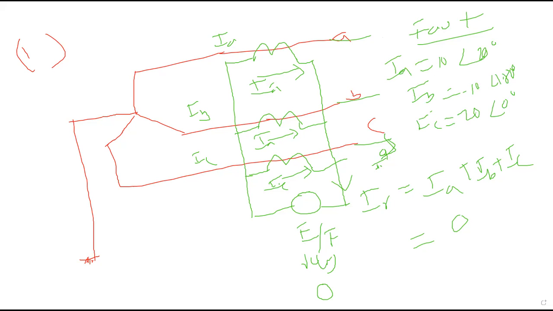That means the balanced condition is lost between all the phase currents, isn't it? So if you add these three currents now, you will observe that the current doesn't become 0. Yes, sir. So now the relay will have some current which is larger than 0, so this relay will operate. Understood? So this is how, whenever one phase is involved with the ground, the relay will operate, isn't it? Yes, sir.